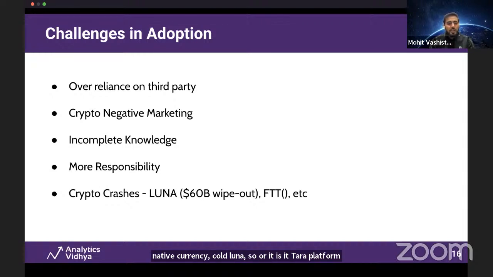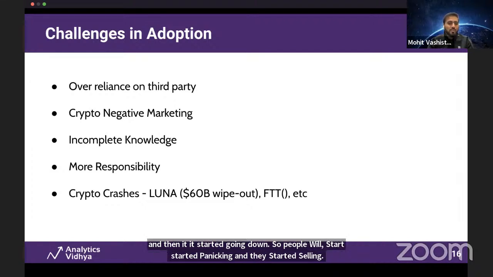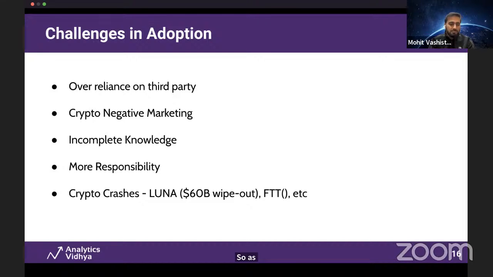What exactly happened was there was a massive sellout of 2 billion or so of USDs, because people thought UST would depeg because of some negative marketing again. Then it started losing its value, going to 0.9 USD, and then it kept going down. People started panicking and selling. As Luna was connected to UST, it started losing value. The minting, or the creation, of Luna started increasing drastically.